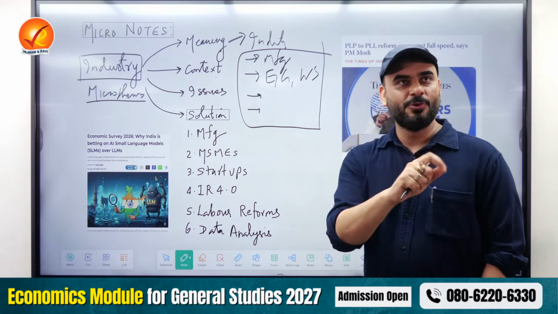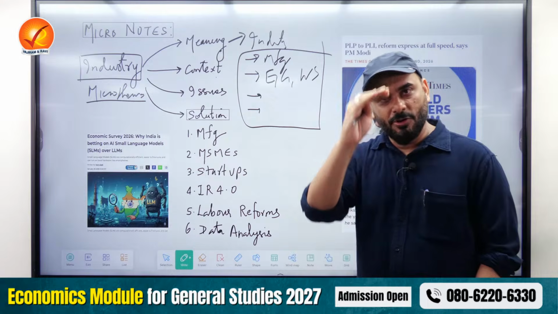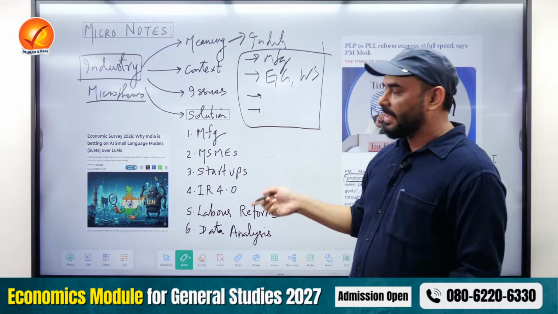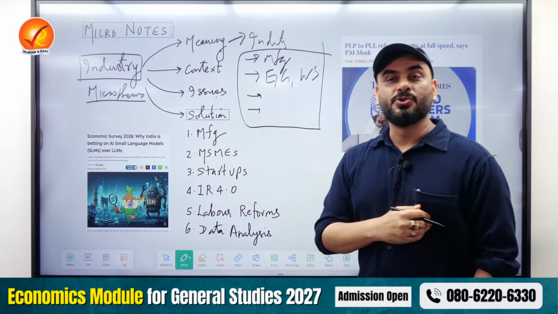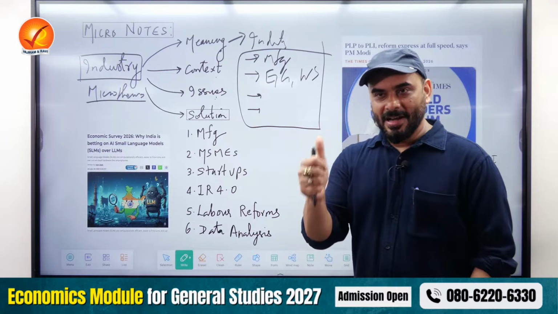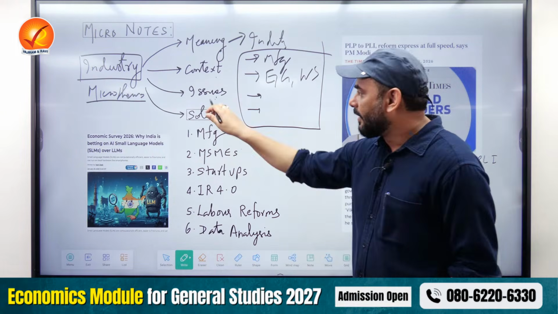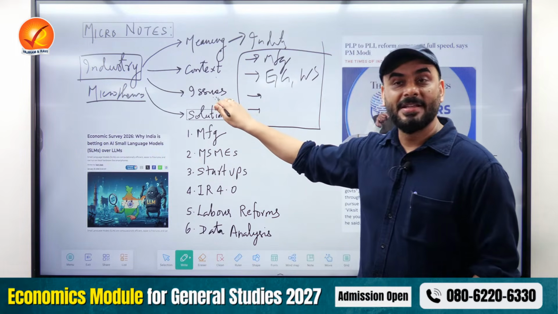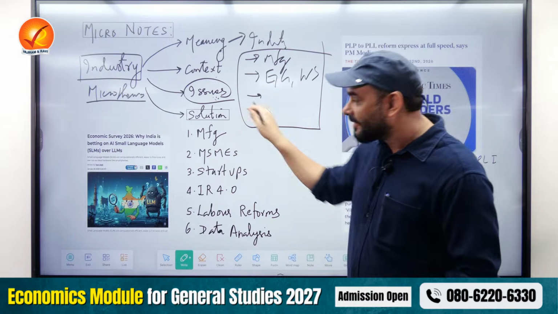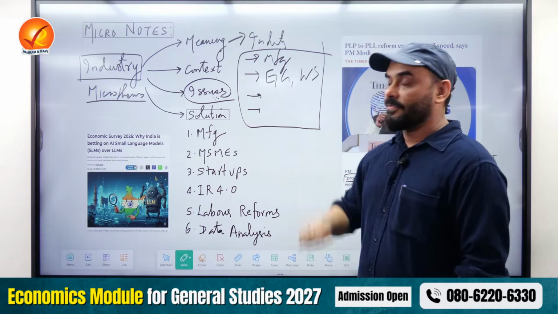And as I told you, today I'm just giving you a summarized version so that you know what you have to study. This is a method of study. Third is the issues. We already did the issue: unemployment, inequality and poverty, plus land fragmentation and disguised unemployment in agriculture. These are the issues.